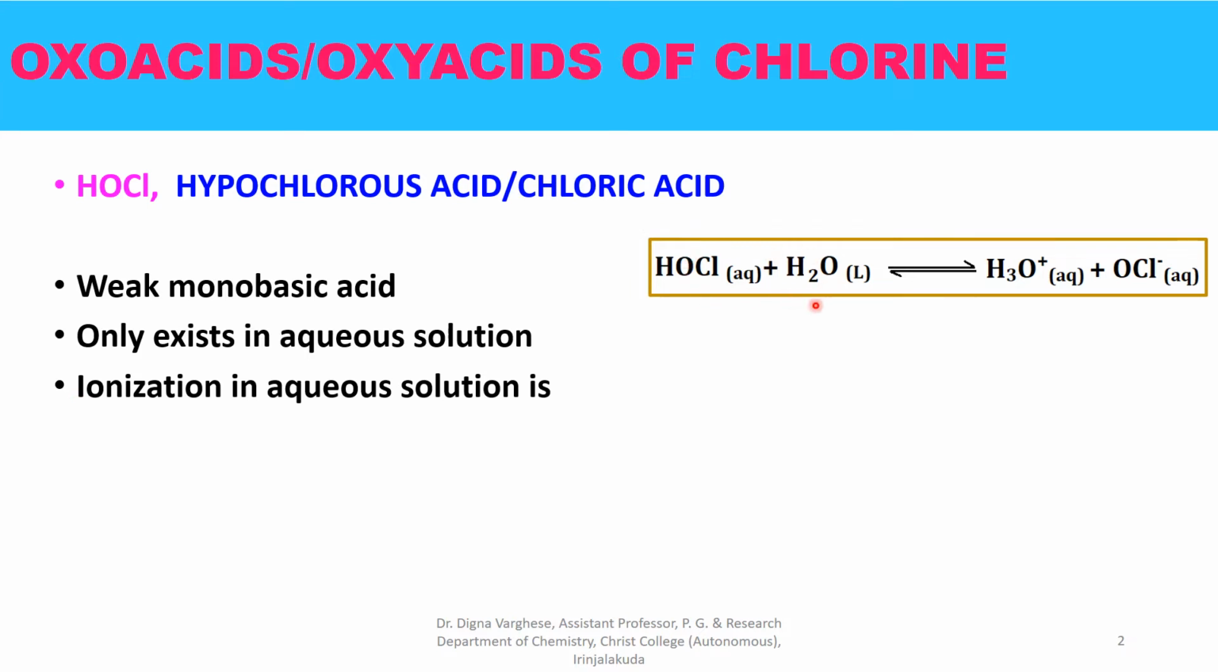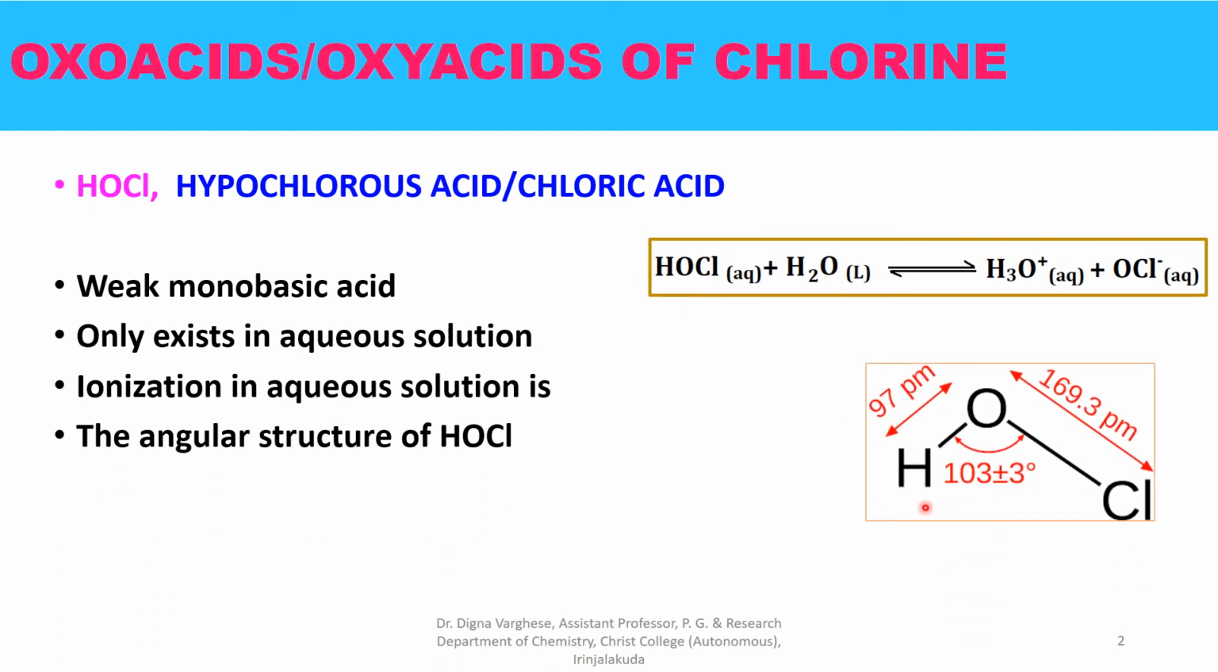HOCl in water gives hydronium ion and OCl minus ion. So it can donate only one proton, so it acts as a monobasic acid. It has an angular structure, HOCl,